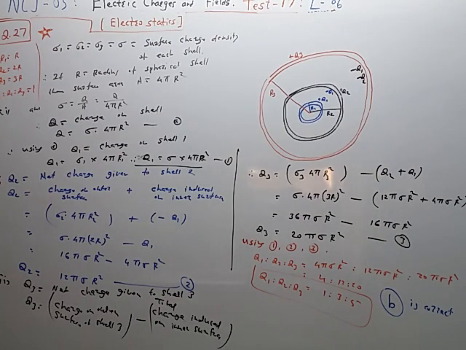So for the first spherical shell, we are using this general formula. Charge is equal to surface charge density multiplied by area. This is the basic definition of surface charge density. So for the first spherical shell, Q1 is equal to sigma 1 multiplied by 4 pi r1 square, but sigma 1 is equal to sigma and r1 is equal to r, and therefore we get this charge. So this is the charge given to the first sphere.